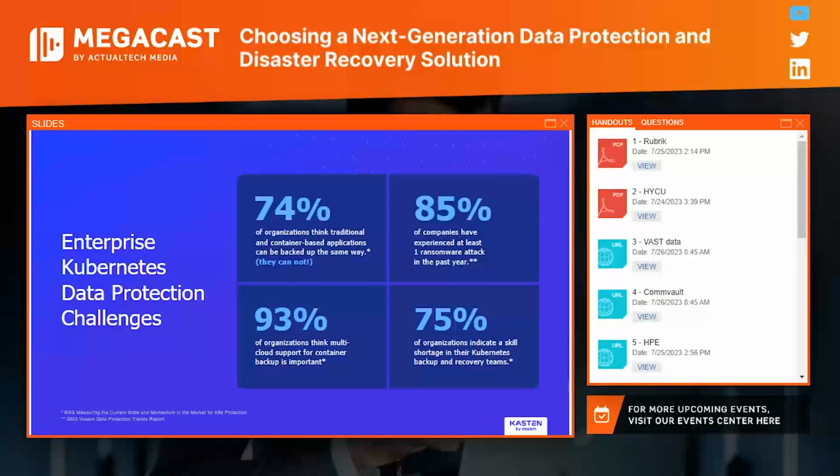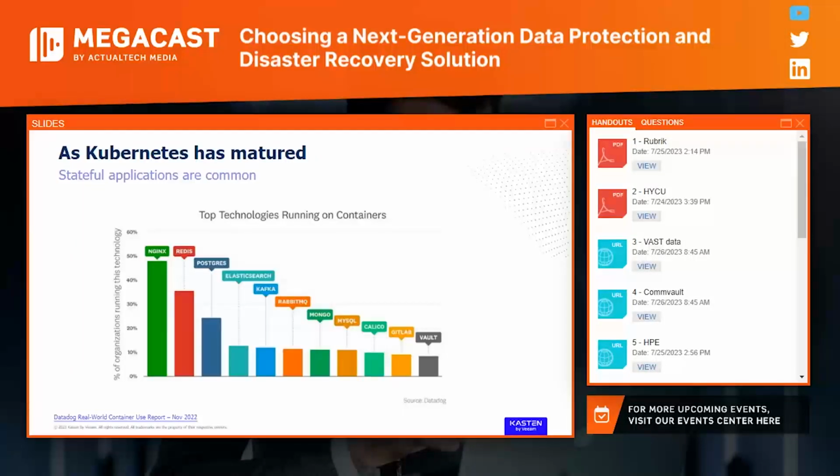So moving right along, just in terms of why we are here: why are we talking about Kubernetes backup? I thought Kubernetes was just ephemeral, right? I don't care about data in Kubernetes. That was the case in 2016. Unfortunately, or fortunately rather, in 2023 we are seeing more and more persistent data appear within Kubernetes, which makes sense, right?